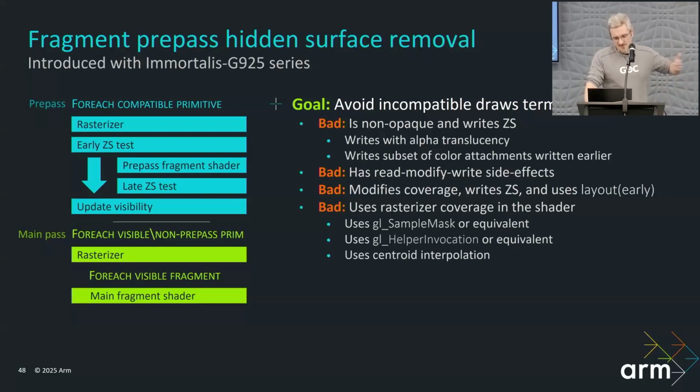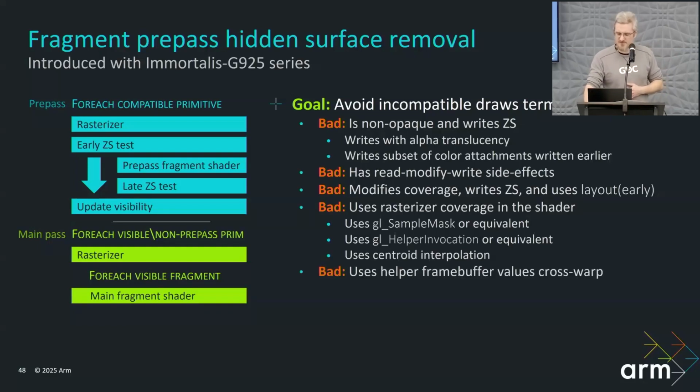We kind of recover coverage based on the visibility data rather than ZS testing for the main pass. So anything that's relying on the sample coverage, we can't recover the sample mask reliably later. So we're not guaranteed to preserve draw order behavior. So that currently early outs. So if you're using sample mask or helper invocation in the shader and central interpolation for multisampling,